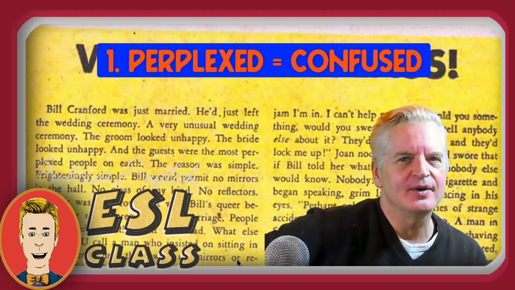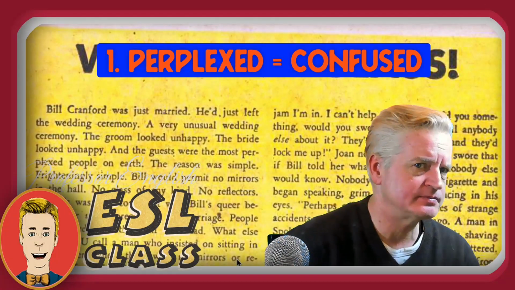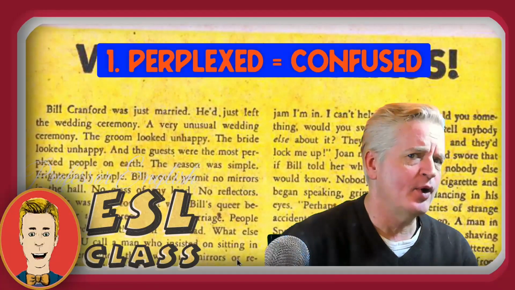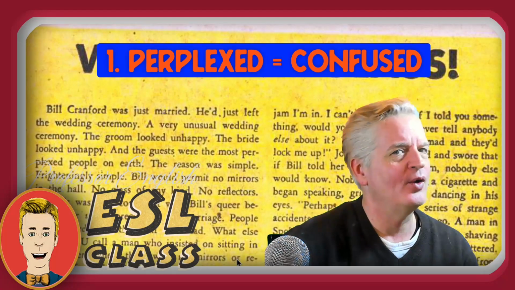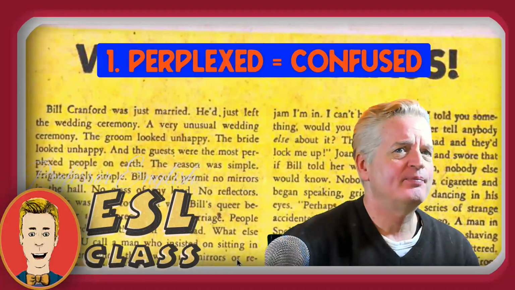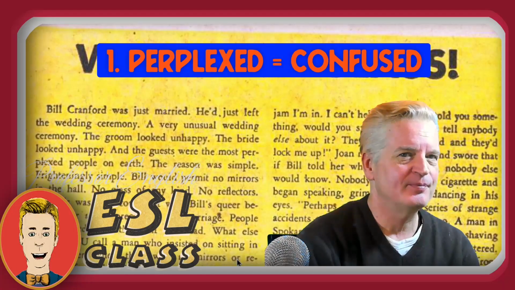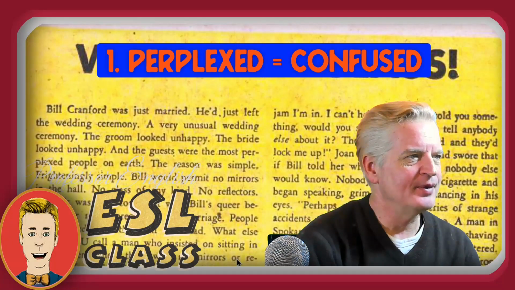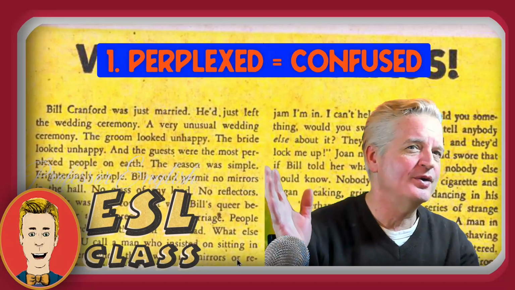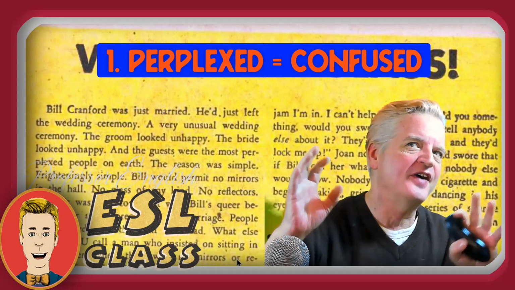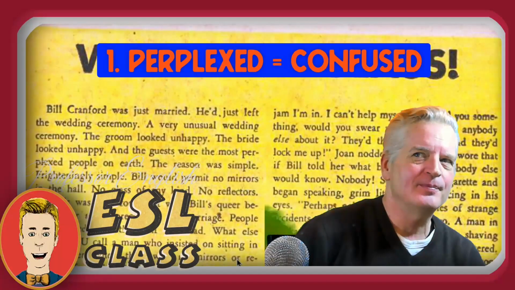Okay, let's try another example using the word perplex. Here is another situation. John and Mary bought an interesting bookshelf from a popular furniture store, and they brought it home. They had to put the pieces together, assemble the pieces. I wrote this remembering something from about 25 years ago. I bought a bookshelf from IKEA. It was kind of a cool looking bookshelf that looked like it defied gravity. There was like a middle column, and then all of the shelves were in the middle.